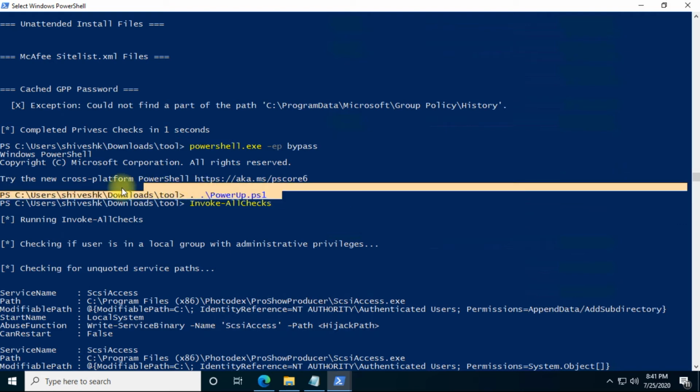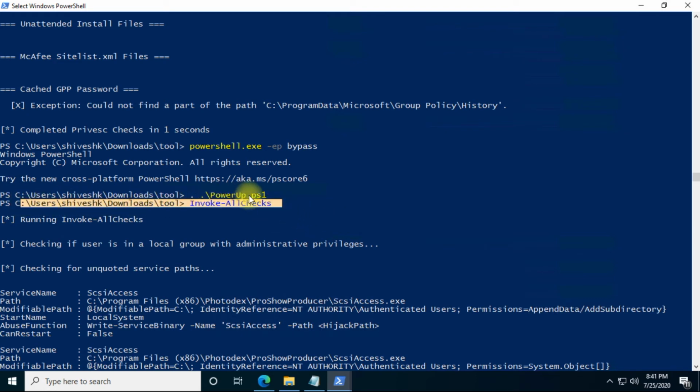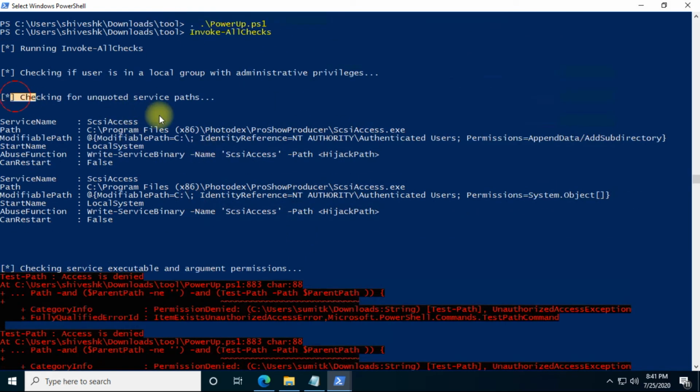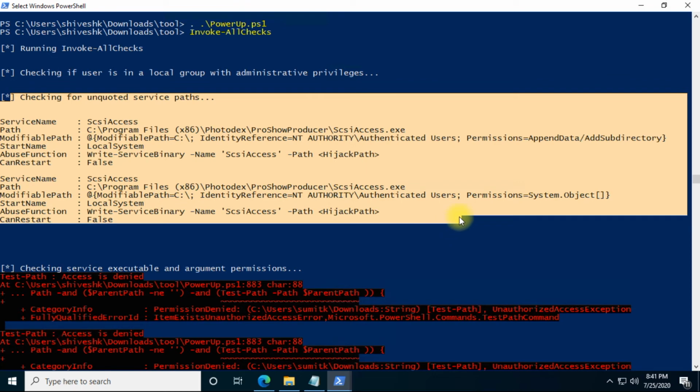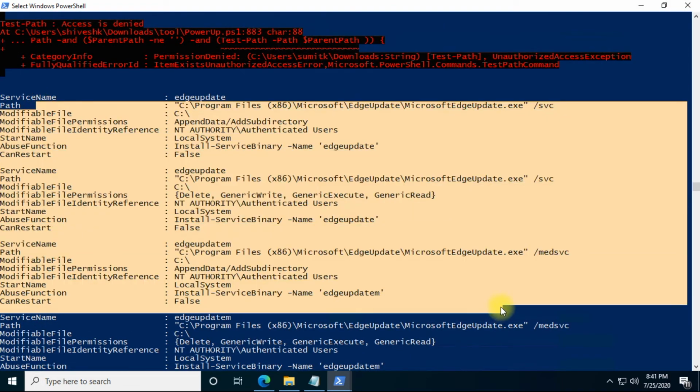Once we fire this command, we get the output, like which unquoted service paths are present, where we can modify them and reach the privilege level of local administrator. What other tools are present that we can try in multiple combinations to do that. Whether a modifiable path is present. These are the things we can get directly this way. So this is all about PowerUp.